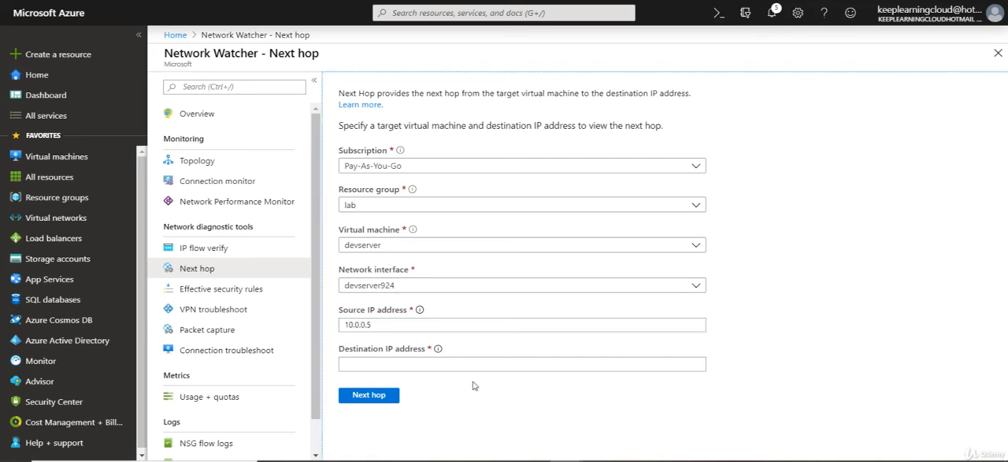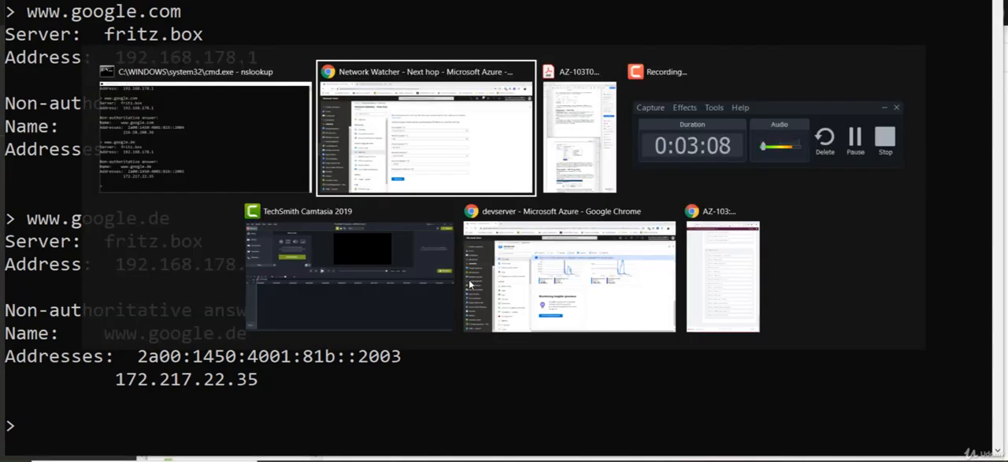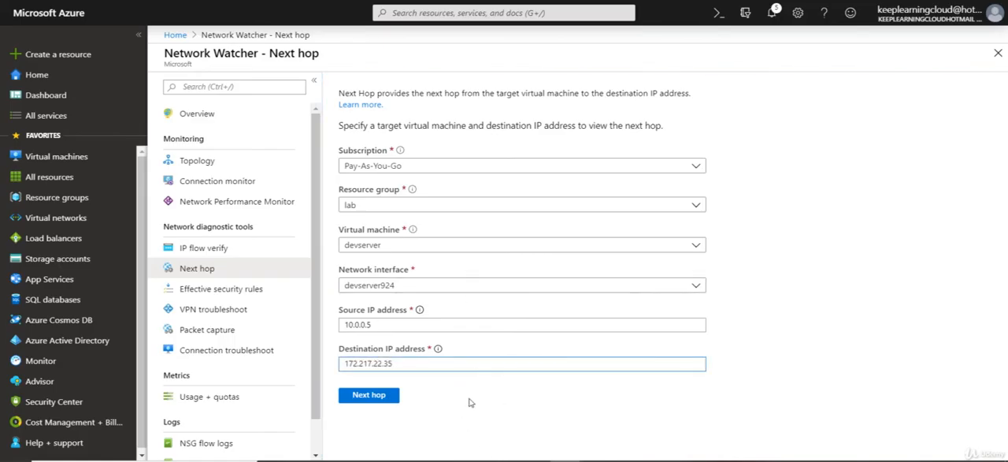What we have to type is a destination IP address. Now it could be a private IP or a source on the internet. The destination IP address field accepts an IP address only and not a name. It must be in the form of IPv4. Let's say if we want to check the route from 10.0.0.5 to an endpoint on the internet like google.com, then we have to type Google's IP address. To make things simpler, I've already done an NS lookup for google.com, and I have an IP address, which is 172.217.22.35. I'll copy it and paste it right here in the destination IP address field,